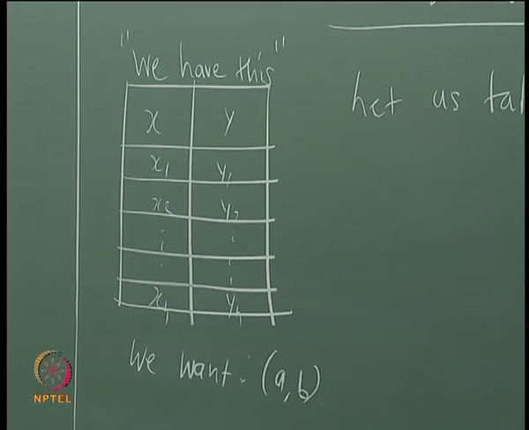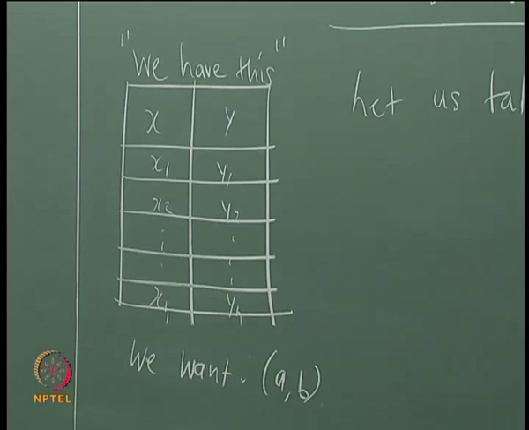What could be these x and y? X could be Reynolds number, y could be skin friction coefficient, okay, it could mean anything. X could be temperature, y could be enthalpy. We are looking at a simple relationship, a simple one variable problem. Now for this we need to determine a and b. It is an overdetermined system.